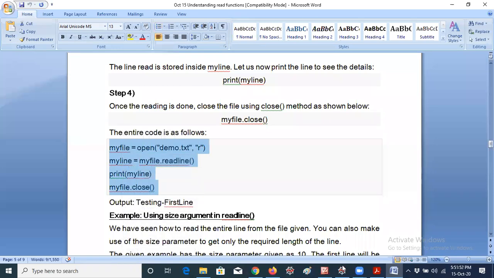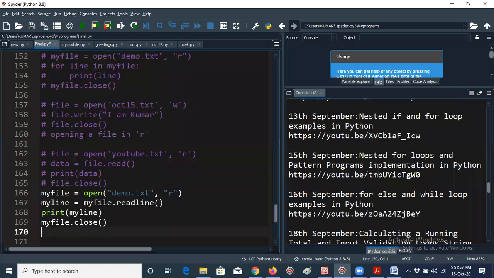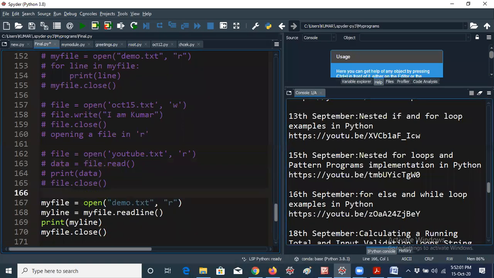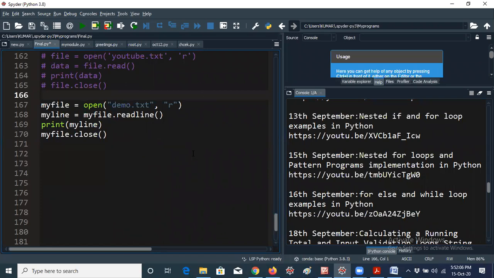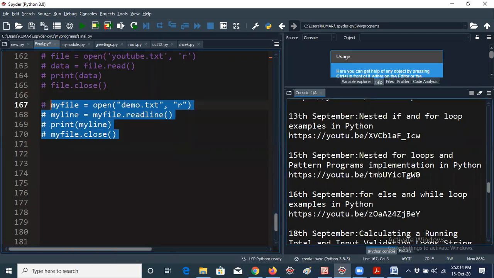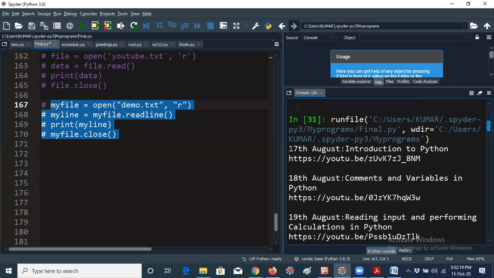Now I will open Spyder again. I'm just opening a file here like this. Now let me run this. I think you should definitely understand, guys. One minute, let me comment this example actually. So you see, guys, this is the output of YouTube. You know already the YouTube file, I just discussed it. How many dates do we have? From 17th August, this is the first line actually.